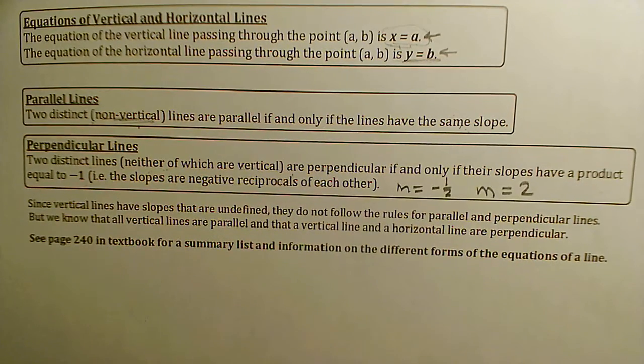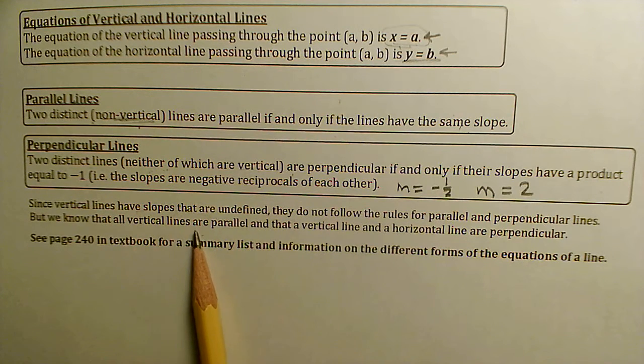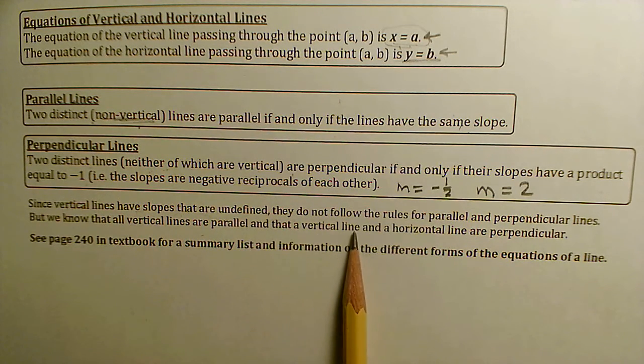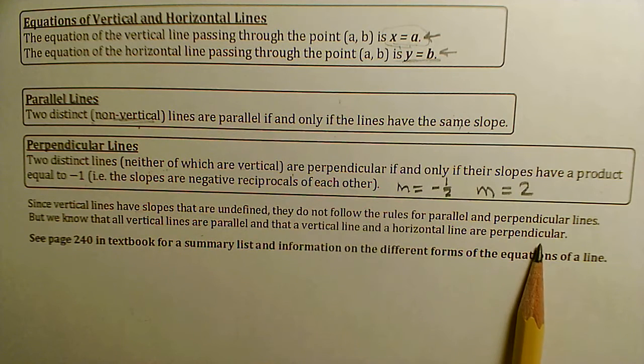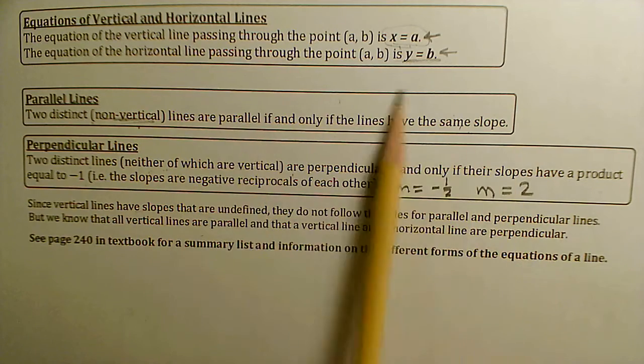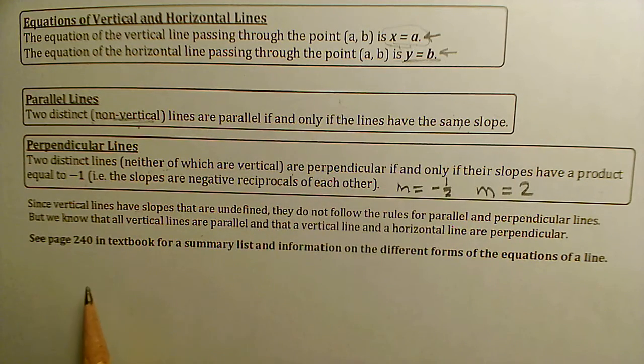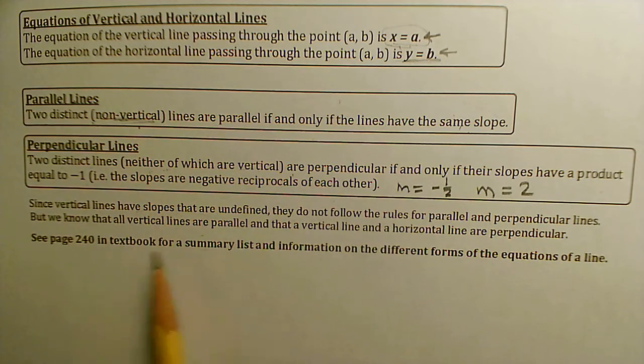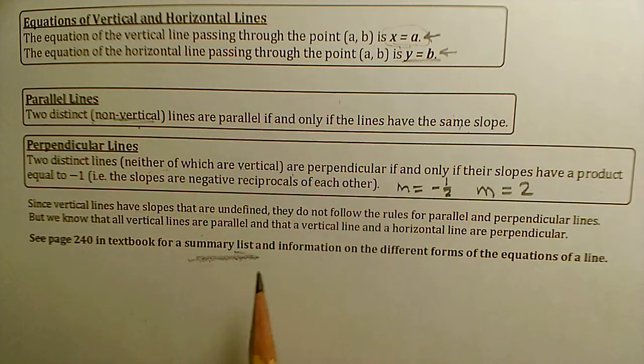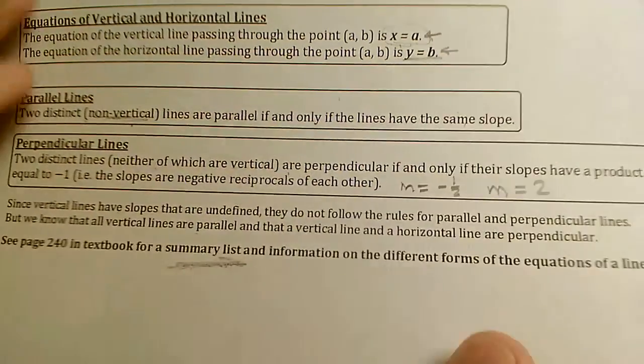All right. Since vertical lines have slopes that are undefined, they do not follow the rules for parallel and perpendicular. Okay, we already talked about that. We know that all vertical lines are parallel and that a vertical line and a horizontal line are perpendicular. But again, because of the restrictions on the slope being undefined, we can't really apply them to the rules we were just talking about. All right, make sure that you look on page 240 of the textbook for similar lists of information about the equations of lines. So make sure that you go and look at that. All right, the back then of these notes,